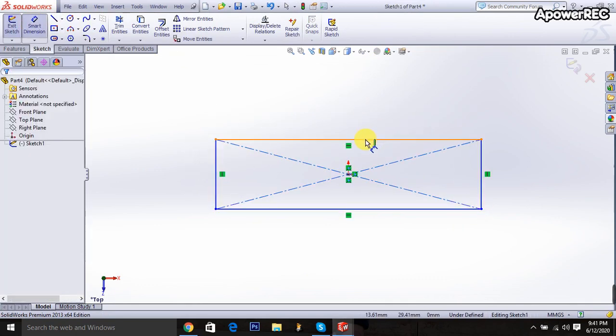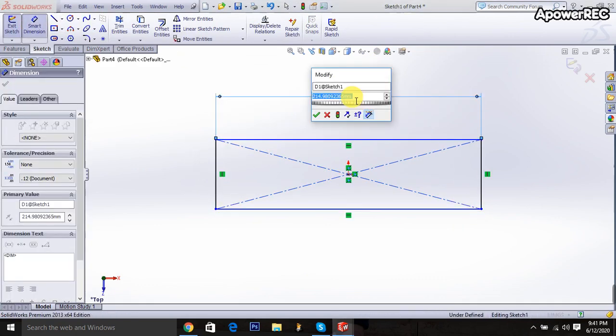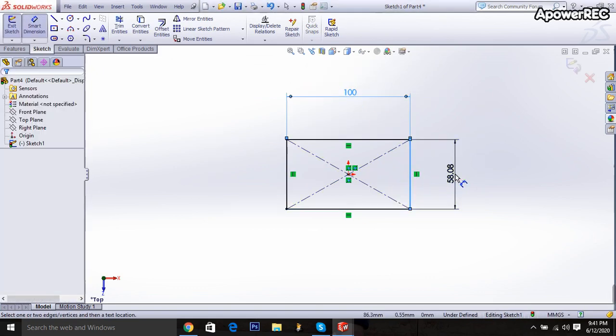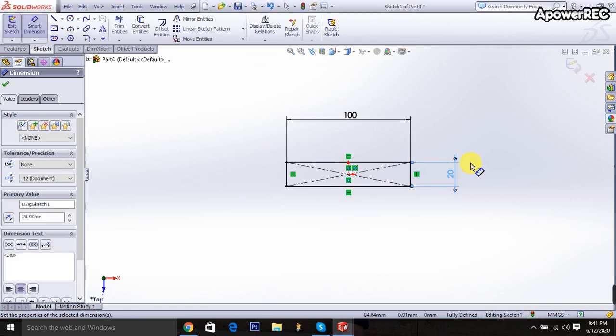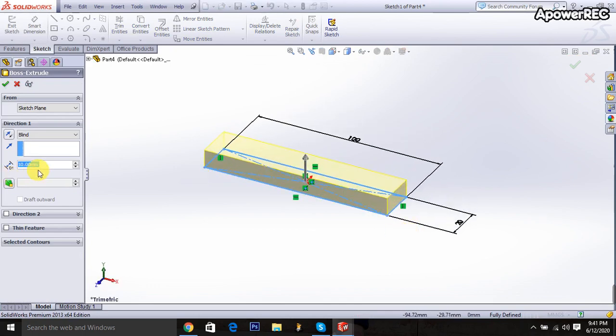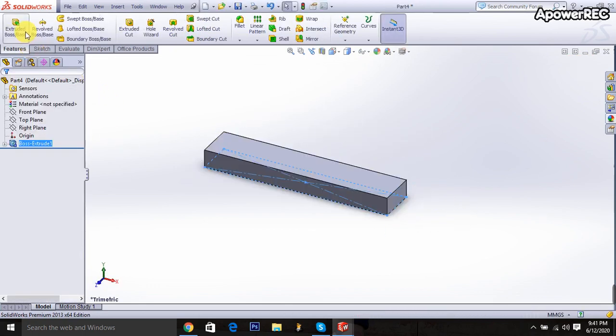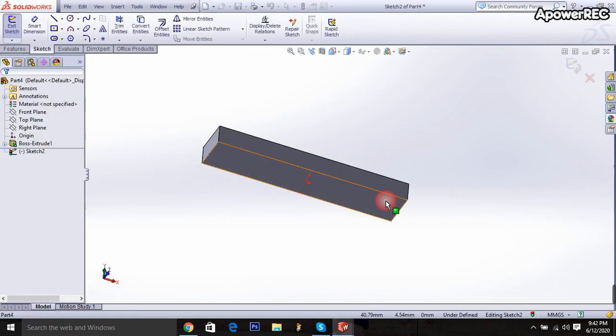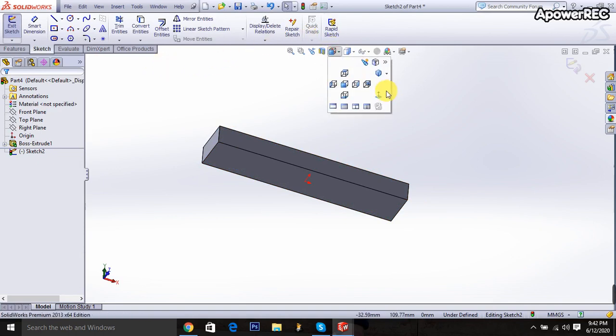Okay. I'm determining the dimension. It will be 100 millimeters. And this one will be 20 millimeters. Okay, exit it. Okay, it will be upwards 10 millimeters. Okay, done. Then Extruded Boss is selected, rotate it and click on this surface, then control it or keep